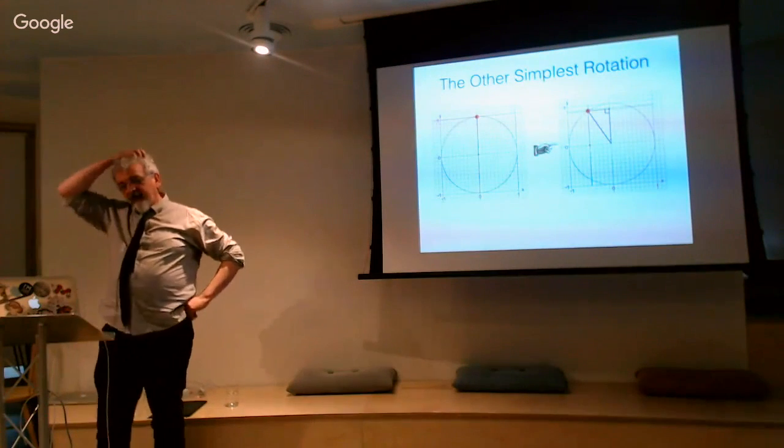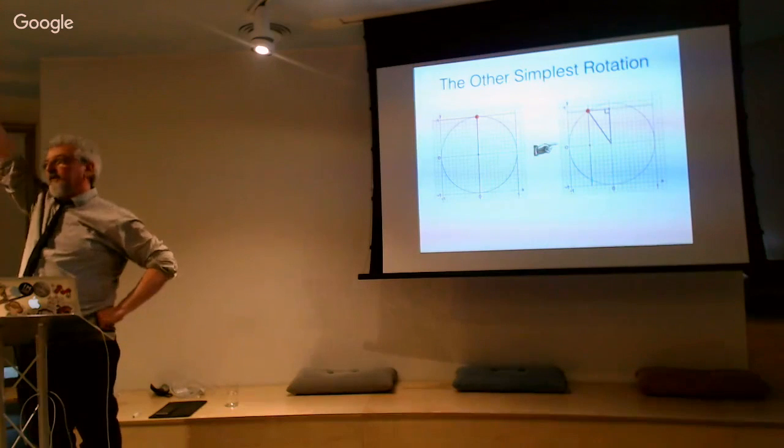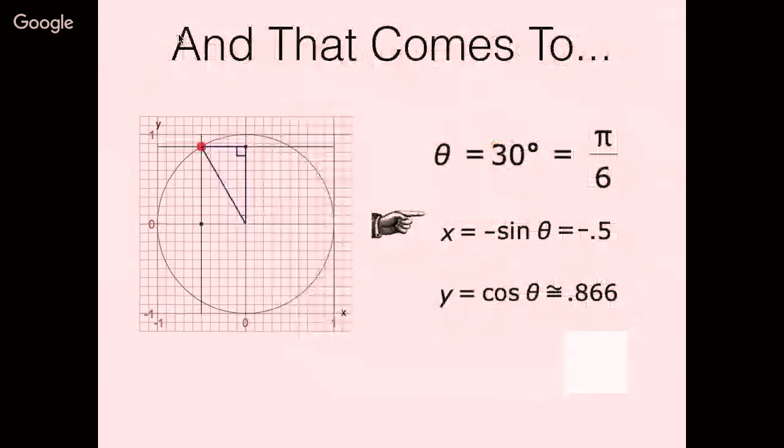And you also have to do the other simplest rotation, which is if you start 1 to the north, which is a unit in the y direction. So if you start 1 to the north and you rotate through the same angle, then of course now x has gone to the left by minus sine of theta, and y goes up by the cosine of theta. And it's just simple properties of the triangles that you've got in front of you. And so it kind of looks like that. And this is great because we've now got two building blocks.